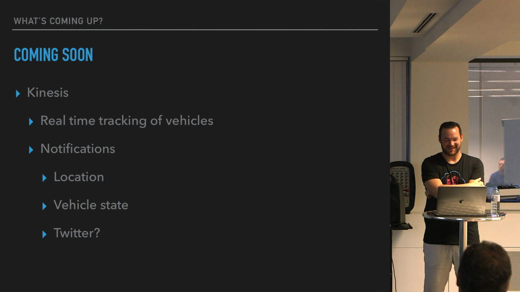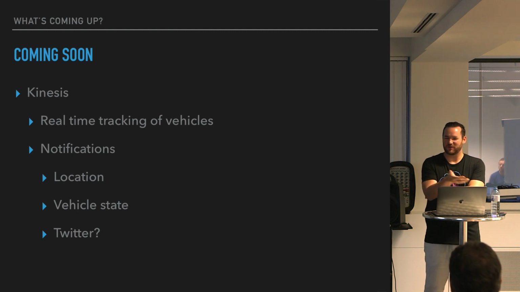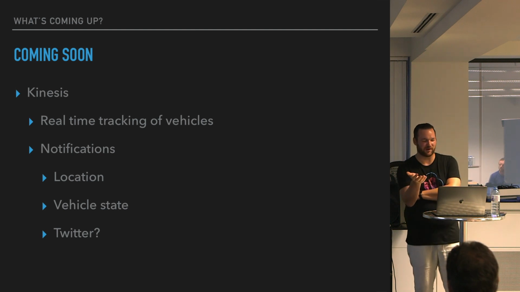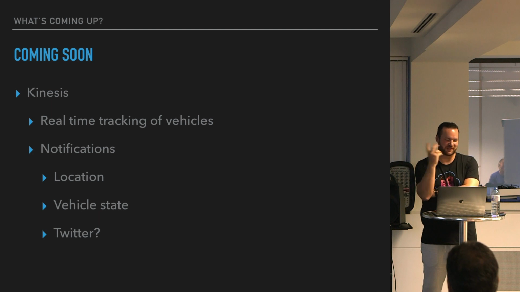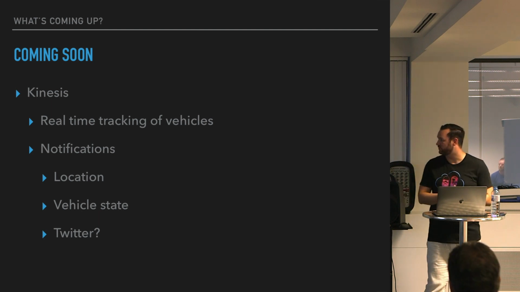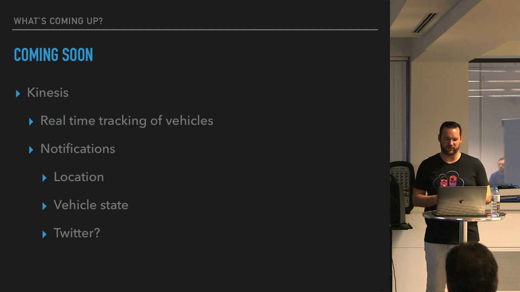For example, maybe you park your car while you're working, and you want to be notified if your car moves. So if the police is grabbing your car, you might be notified. That would be a use case. And also the vehicle state. So if something happens with the vehicle, for example, if the climate device just starts, or if the battery is gone, you just want to be notified.